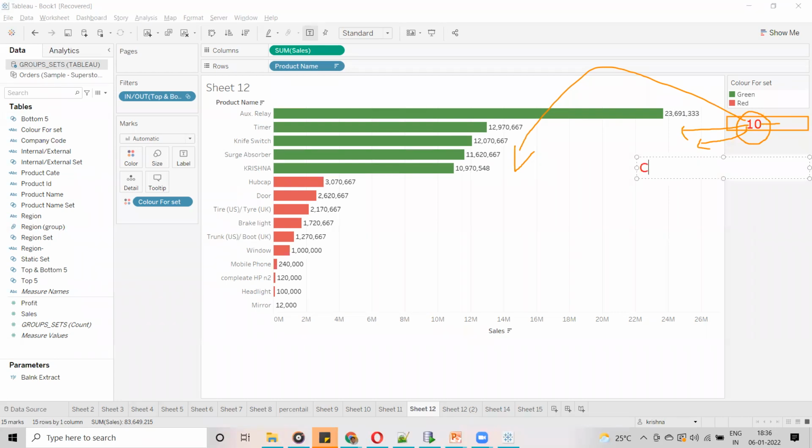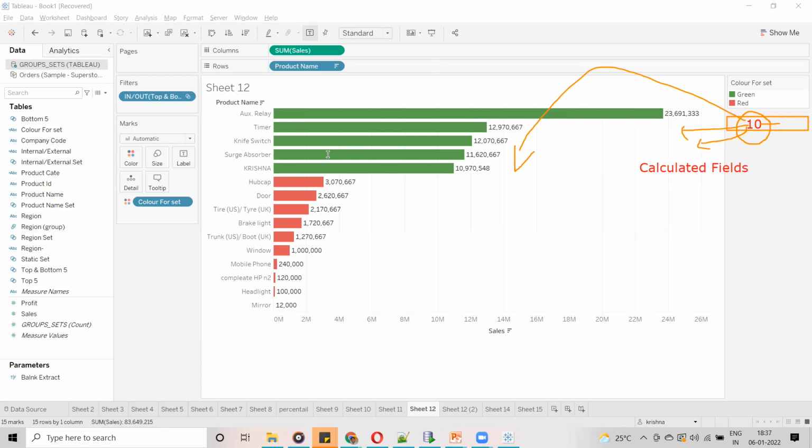Whatever value we enter here, through the calculation we are going to send it to the visualization. We are not using this parameter directly in the visualization. Indirectly, through the calculated field we create on top of this parameter, this value is passed to the visualization.